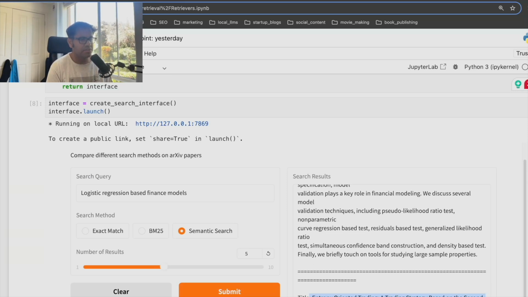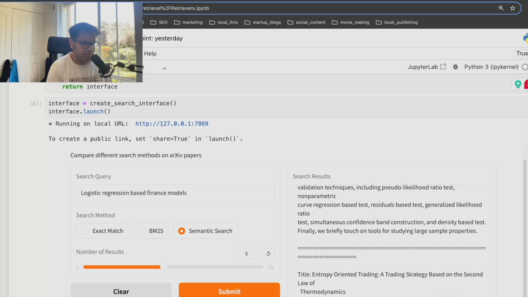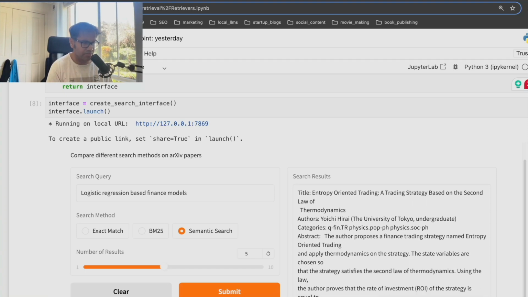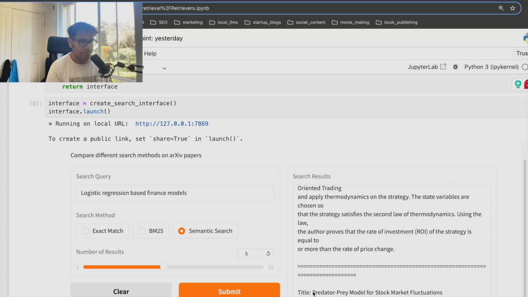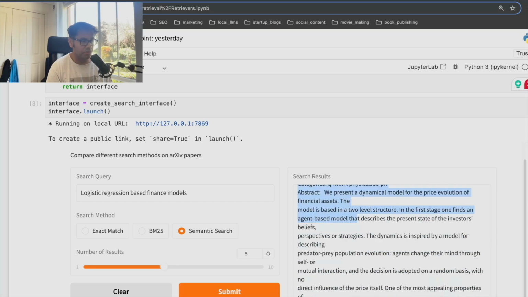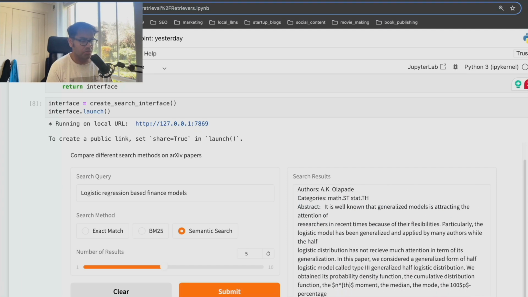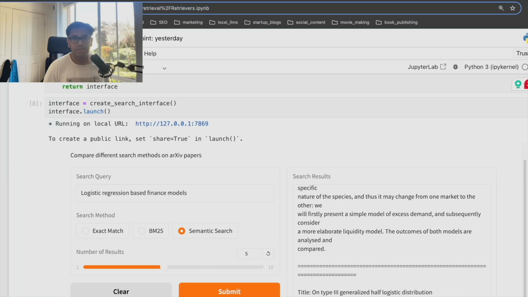Second is again a trading strategy based on the second law of thermodynamics, which I still feel is quite relevant. Then a predator-prey model for stock market fluctuation. Then generalized half logistic distribution authors. So quite relevant. I would say, at least from the one example we just saw, the semantic search is giving